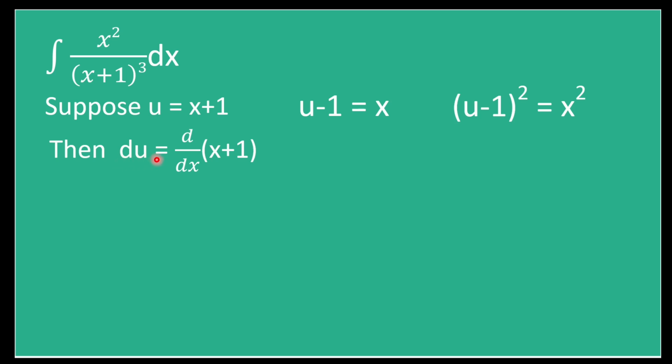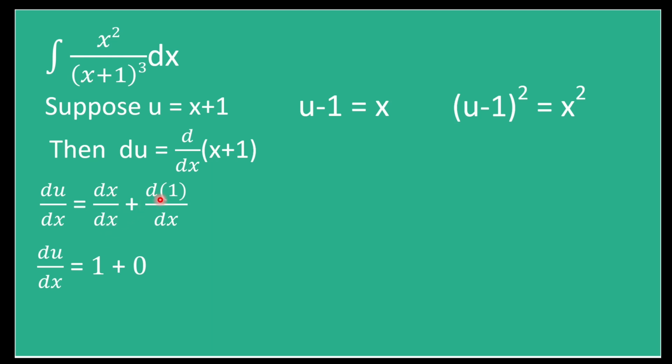So du equal to d by dx of (x plus 1), and now we will write separately d by dx of x and d by dx of 1. As we know, dx and dx will cancel each other, which will equal to 1. And the differentiation of a constant term is equal to 0, so this will become 0. Now du divided by dx equal to 1, and we will multiply by dx, so finally du